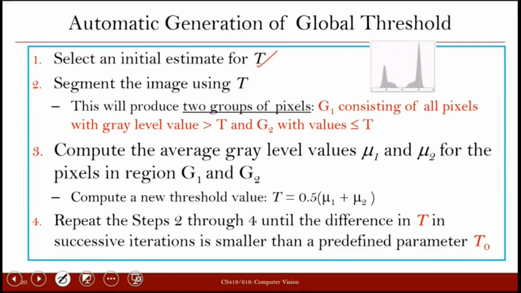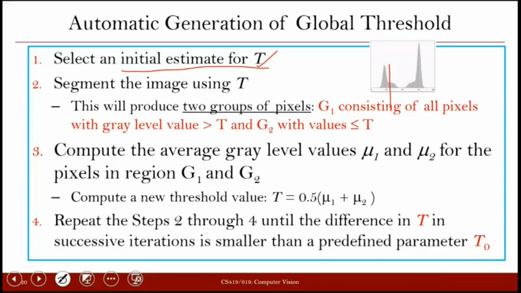Let's say your values are from 0 to 255. You just select blindly any threshold at some place here, and based on that you select an initial estimate of the threshold T. You can have a random threshold selection, or maybe you can apply some heuristics to initialize the threshold value T.